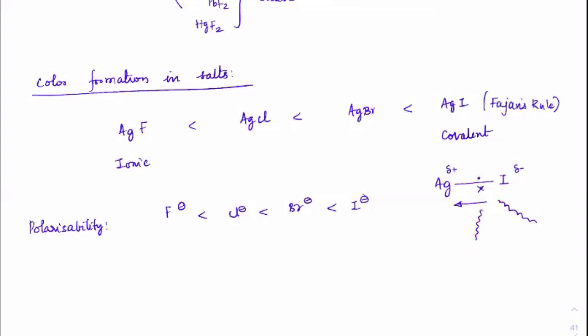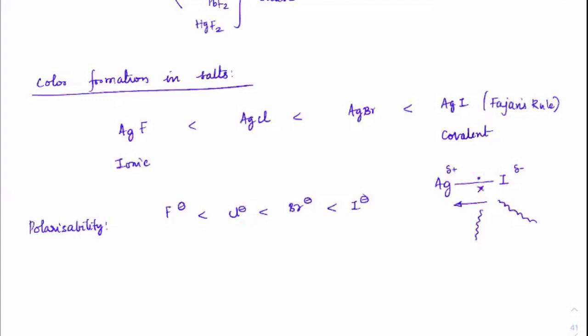Are you getting it? Now out of these, forget fluorine because it is completely ionic. Chlorine, bromine, and iodine. What about chlorine? Chlorine also doesn't have very high polarizability, which means it does not have the tendency to push electrons. So even if light falls on it, the electrons will not get sufficient energy to be dragged towards silver. So white light will go and white light will reflect back. But when it comes to iodine, the light is getting properly absorbed, and only the scattered reflected light is coming out of it.